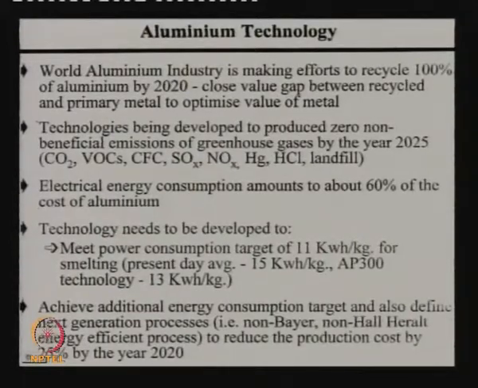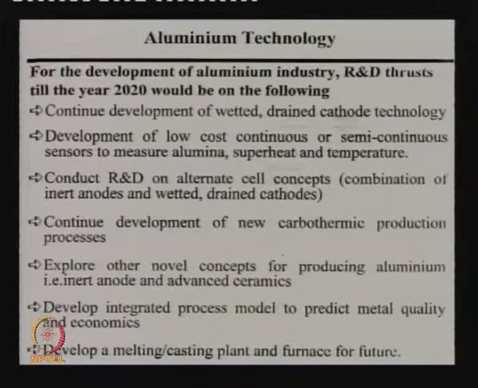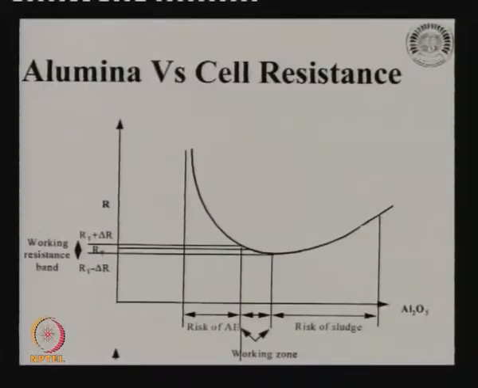We need technologies to produce non-zero emission from cells. Electrical energy consumption has to be brought down. Then there are some other goals, mostly connected with energy consumption, current efficiency, gas emission, carbon consumption, and the industry is trying to improve on all counts. There was a list of R&D thrusts that I discussed, all related to what I just mentioned, and then discussed the